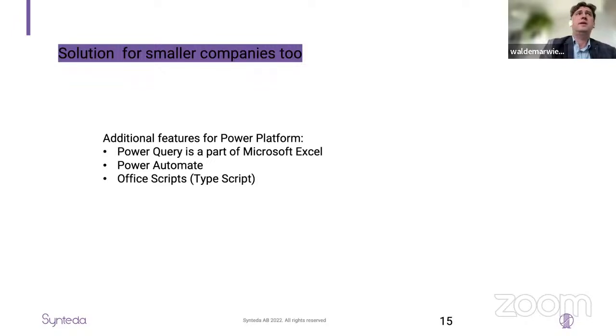And what's more, there is a tool called Power Automate. It is a part of Power Platform, which allows you to, for example, execute some scripts. Some of you may know that Microsoft Excel has its own language, called Visual Basic for Applications. But recently a new scripting language was introduced, called Office Script, which is based on TypeScript. And TypeScript is a subset of JavaScript. So this is a tool which is also well known to programmers. So you can write scripts in Excel on the web to execute and also transform data.